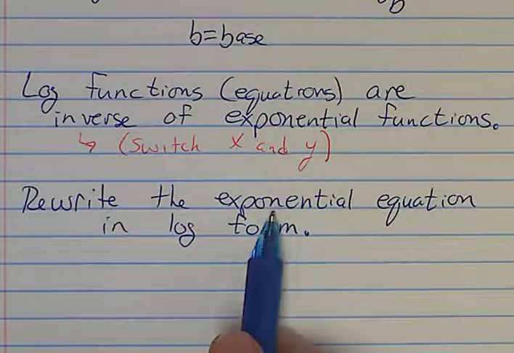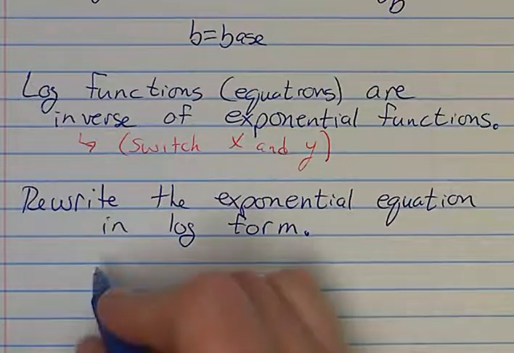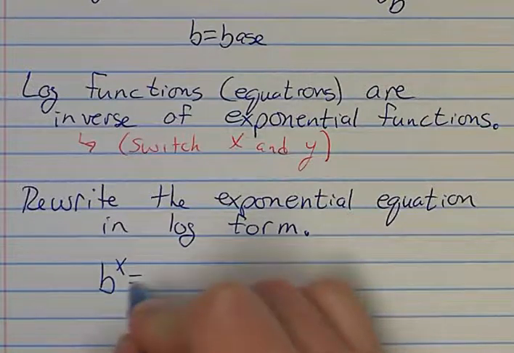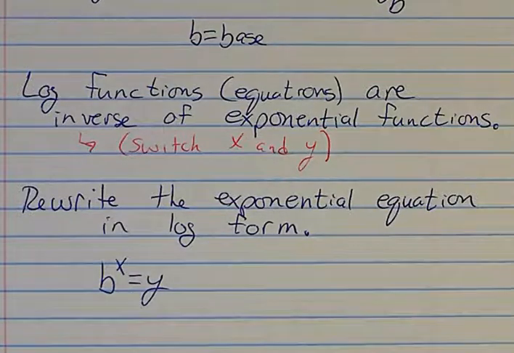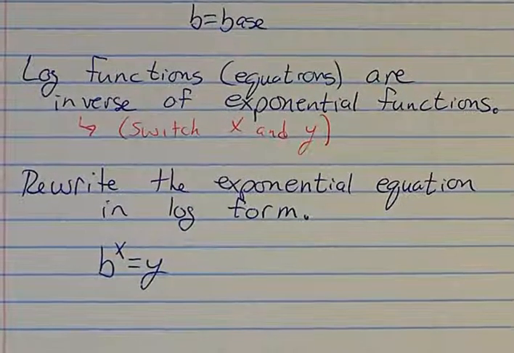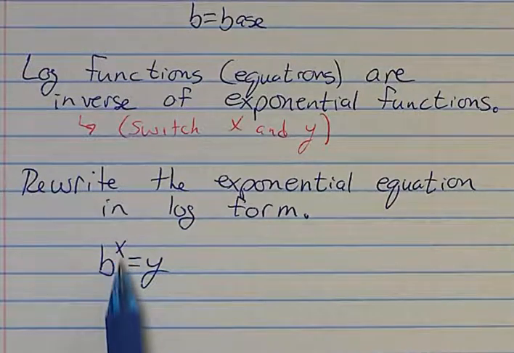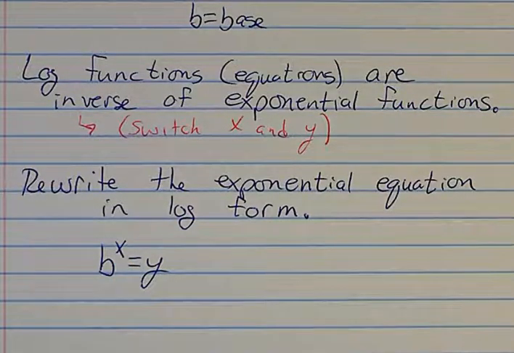If we go back to what an exponential equation was, it was something like b to the x power equals y. And we'll actually put some numbers on this in just a second. But that's your basic: if you do some base to an exponent, that's going to give you an answer. So when you rewrite these,